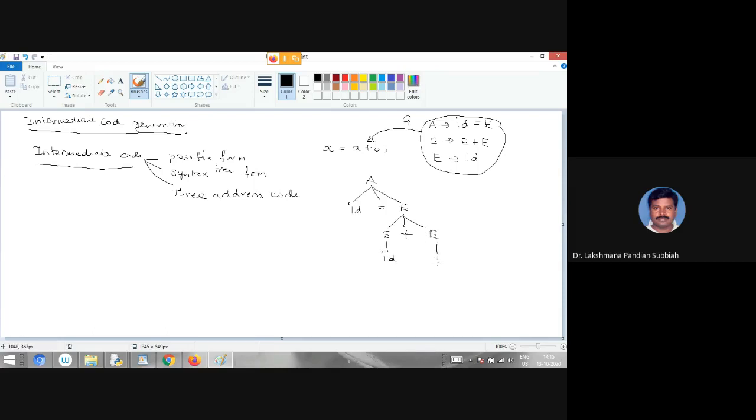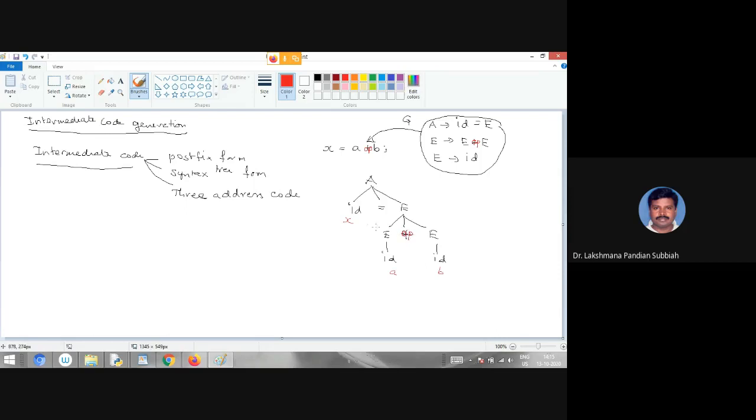Here this variable name is x, this is a, this is b. Now in general you can write it with an operator. So a operator b. This operator may be plus, minus, star, whatever it may be.